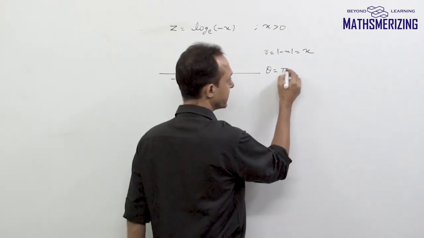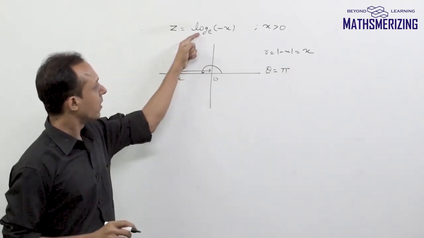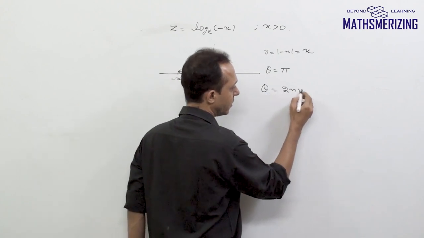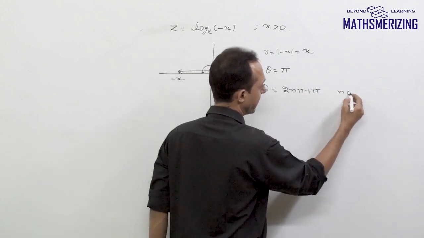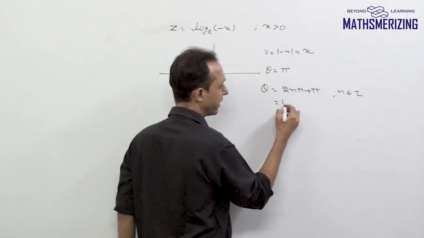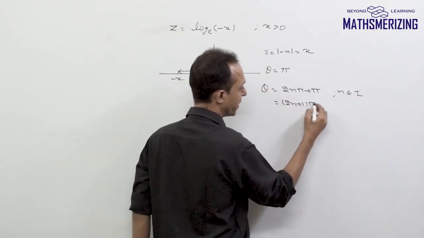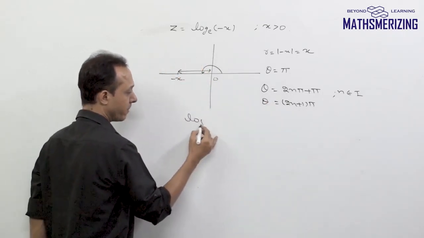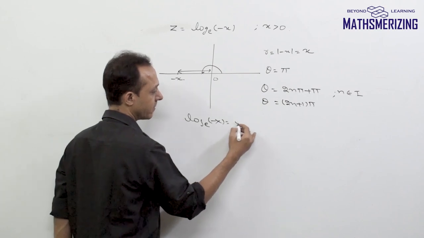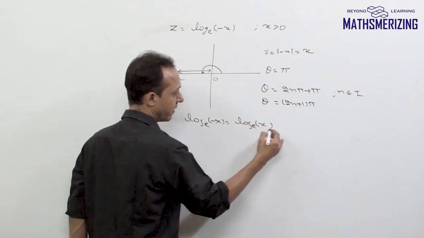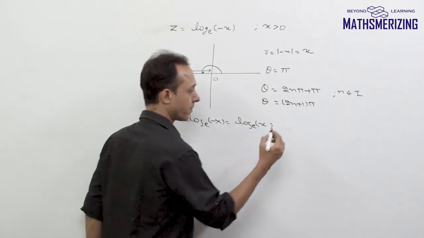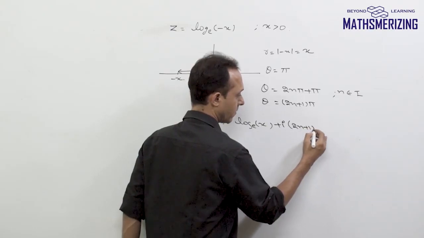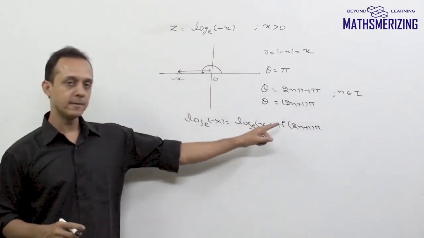So in this case, this angle will be pi, and I know that this log, it's a multivalued function. So I'll simply write this angle as 2n pi plus pi, where n belongs to set of integers, or I can write this as 2n plus 1 into pi. So either I can use the formula directly. So either I'll say this is log r, and r in this case is simply x, and then plus iota 2n pi plus theta,